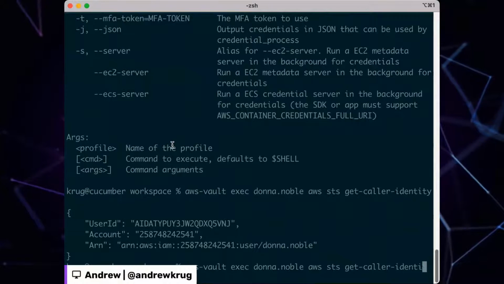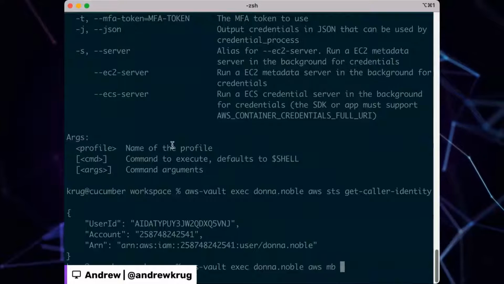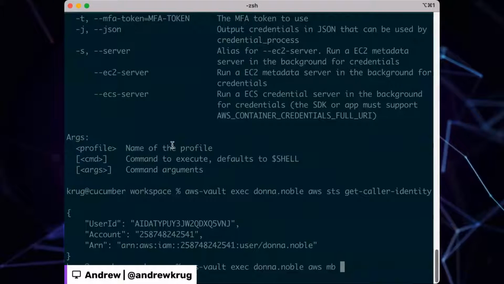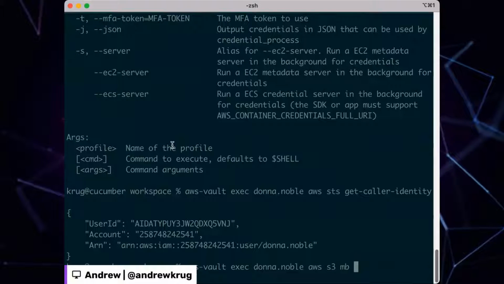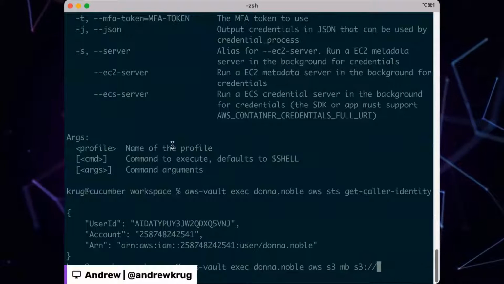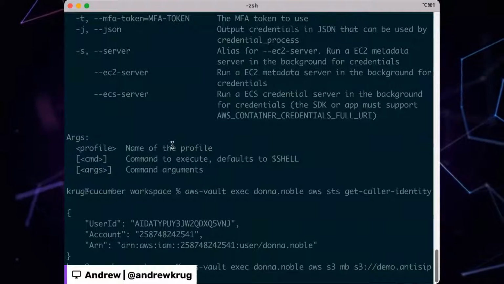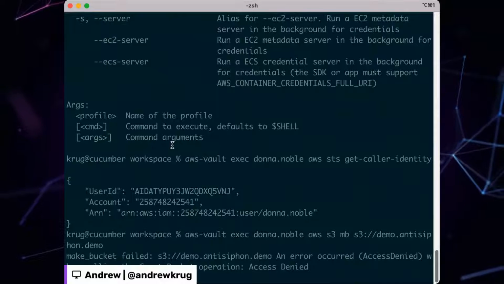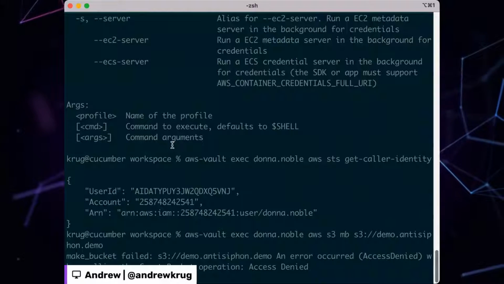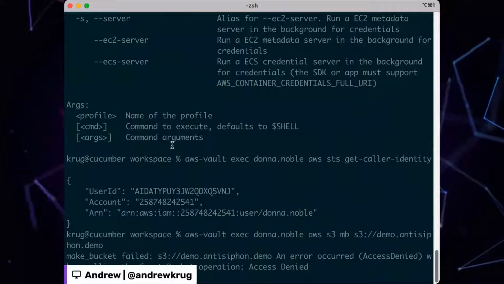Notably, if we try a privileged action right now, like let's try to make an S3 bucket, aws s3 mb, we'll make the notorious S3 bucket. Access denied, because I actually can't do anything with this account other than run STS get-caller-identity.